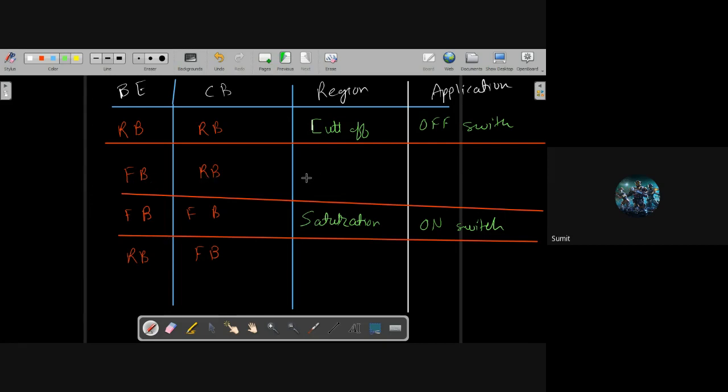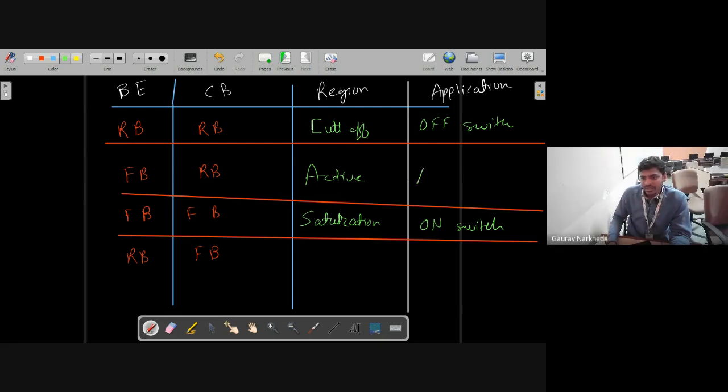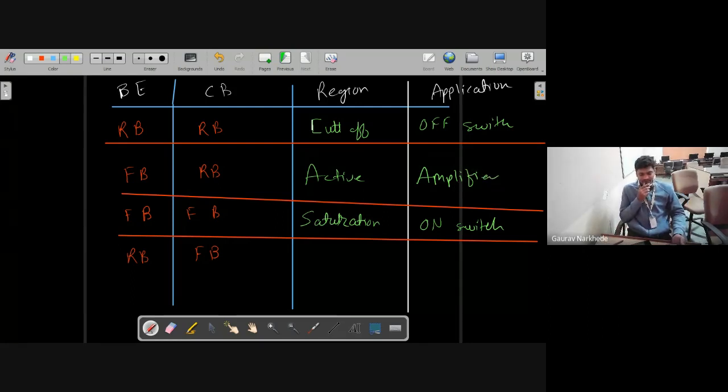अभी व्हेन बेस एमिटर इज इन फॉरवर्ड बायस, कलेक्टर बेस इज इन रिवर्स बायस, इसको बोलते हैं आप एक्टिव रीजन। एक्टिव रीजन में क्या होता है कि आपका ट्रांजिस्टर एम्पलीफिकेशन प्रोवाइड करता है, राइट? सो इट विल वर्क एज एन एम्पलीफायर।